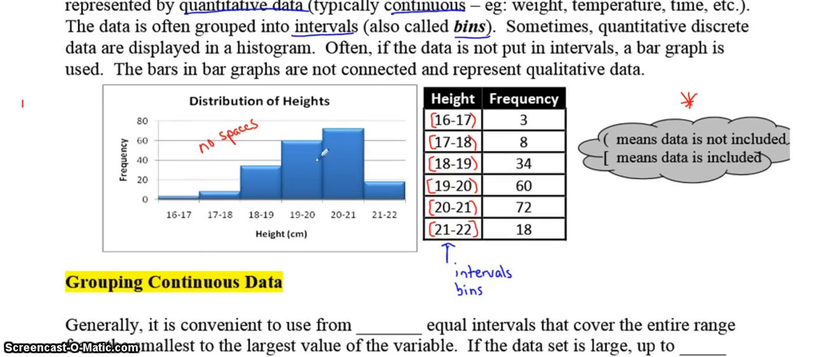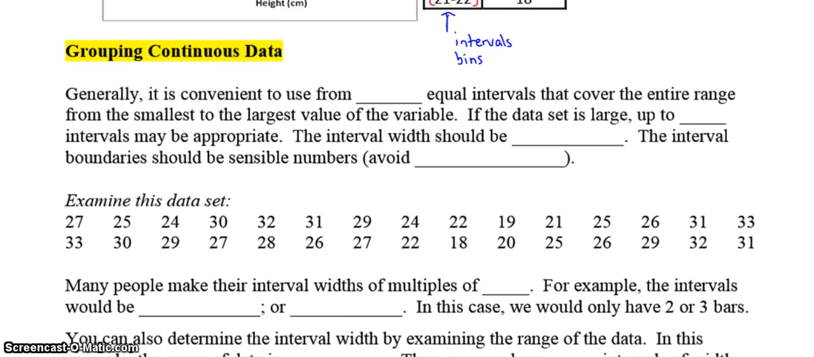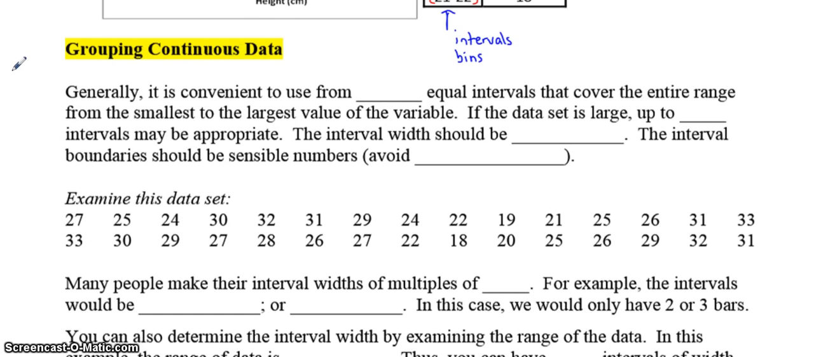Sometimes people label the bar graph this way, or the histogram this way. They'll put a 16 here, they'll put a 17 here, 18, 19, 20, 21, 22. That's another way that you can label the bar graph or the histogram, but it doesn't really matter. So, we're going to look at really how to format your histograms so that it's nice and easy for your reader